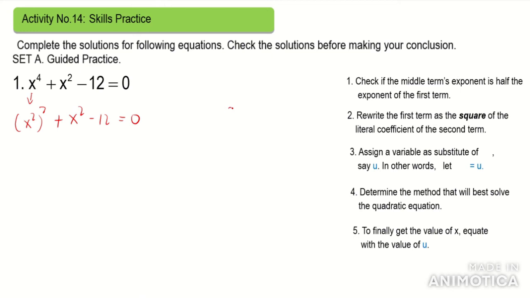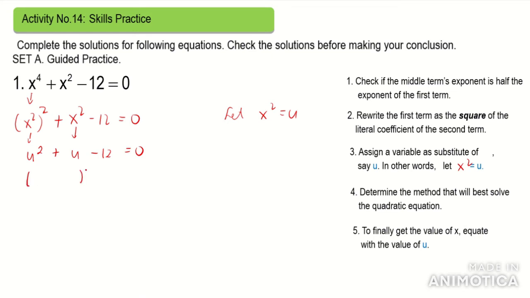Then we assign a variable. Okay. So we let x squared equals u. So lahat ng may x squared ay papalitan ng u. And do not forget to copy squared. Plus, then we have x squared again is u minus 12 equals 0. Okay. So,